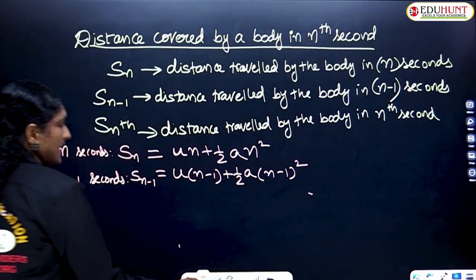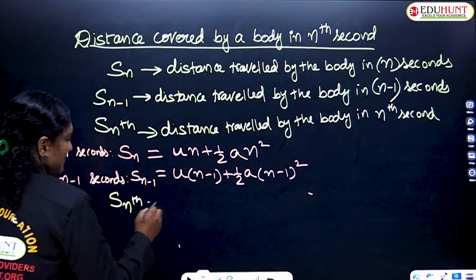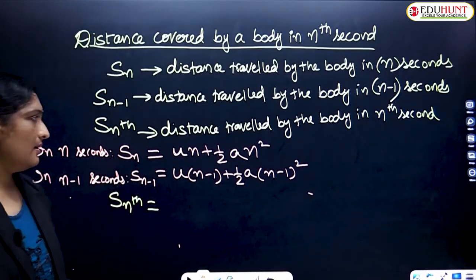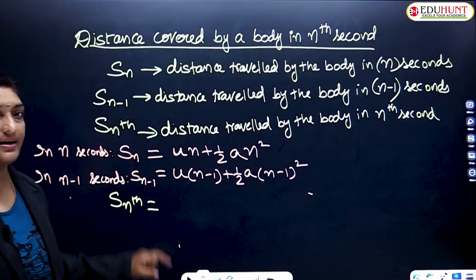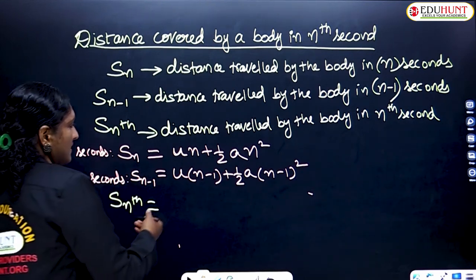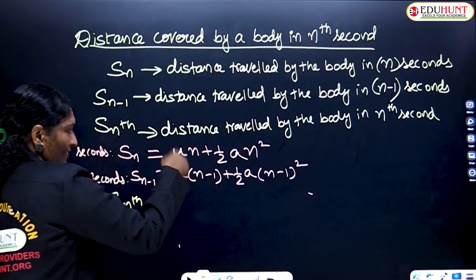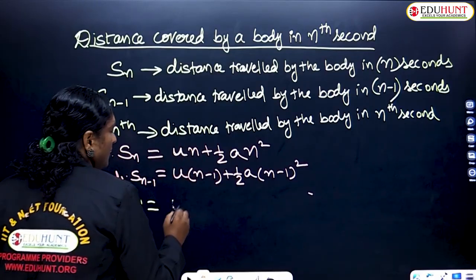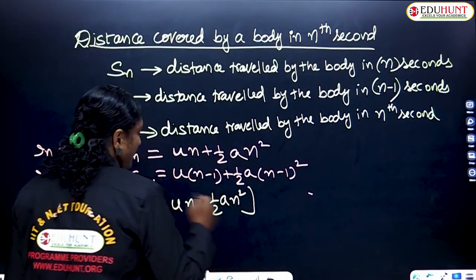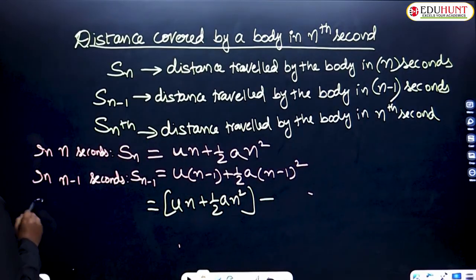Now what I would like to find out is the distance traveled by the body in the nth second. Not in 10 seconds, not in 9 seconds, in between. Not in n seconds, not in n minus 1 seconds. In between is called the nth second. This is the highest and this is the lowest. The difference between these two is un plus half an square minus,